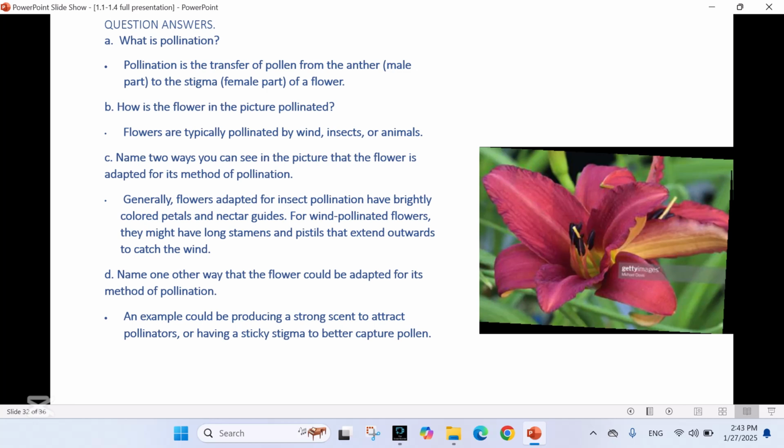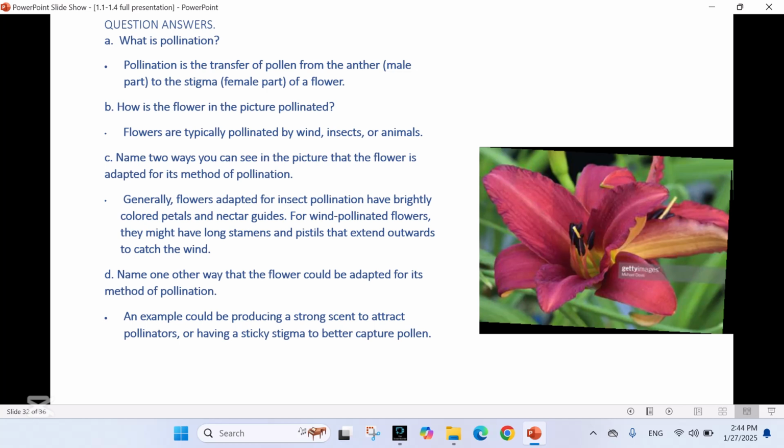Part A. What is pollination? Answer is pollination is the transfer of pollen from the anther, male part, to the stigma, female part of a flower. B. How is the flower in the picture pollinated? Answer. Flowers are typically pollinated by wind, insects, or animals. Part C. Name two ways you can see in the picture that the flower is adapted for its method of pollination. Answer is